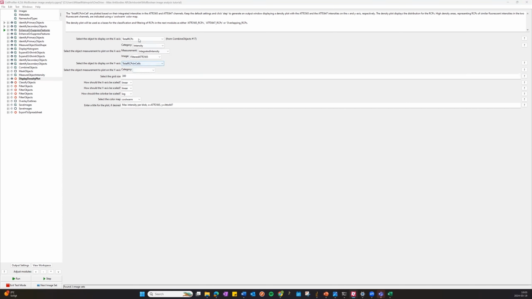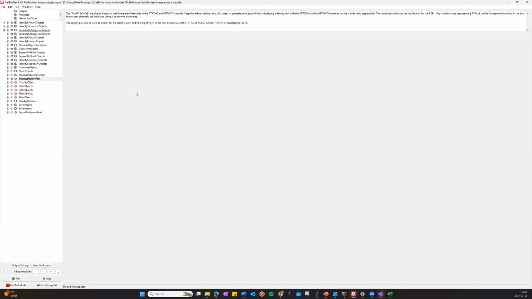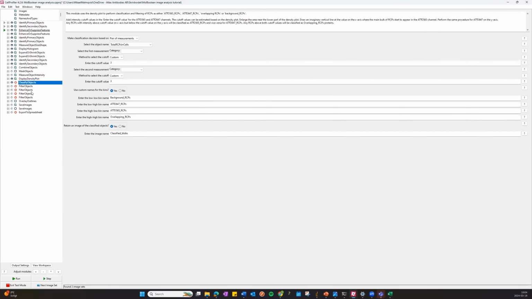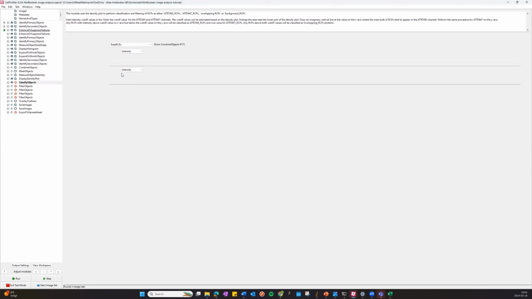And you have to do that in two places. So both the Atlas 565 and the Atlas 647 channel. So you do total RCPs here as well for the image Atlas 647, and that should remove the error message for that module. And then you go to the classify object module and change from total RCPs in cells to total RCPs there,